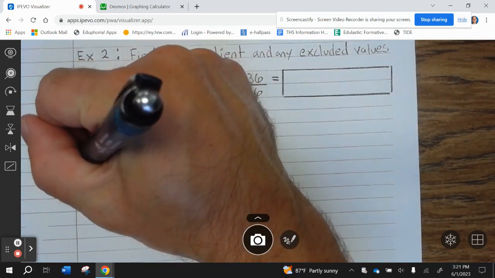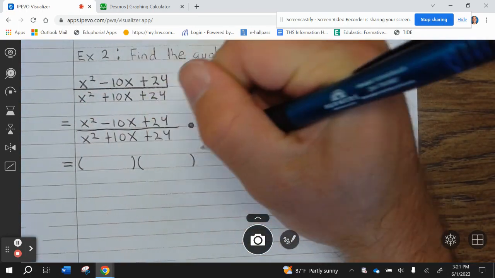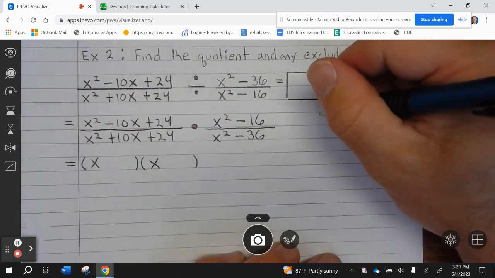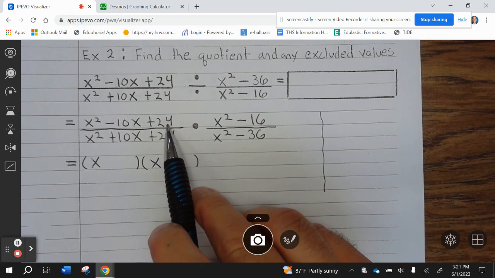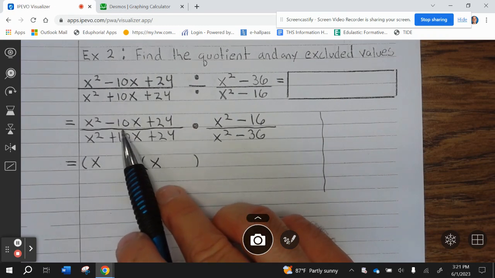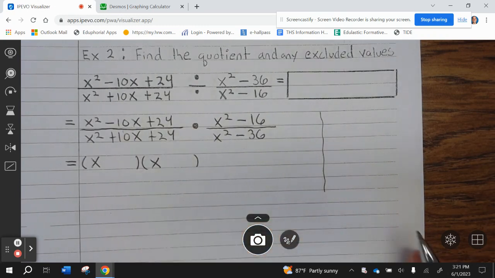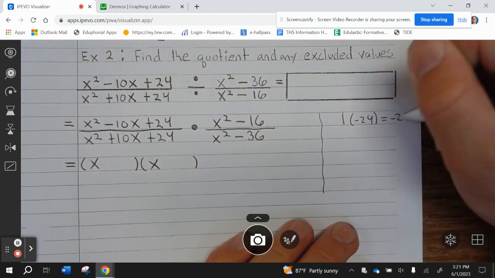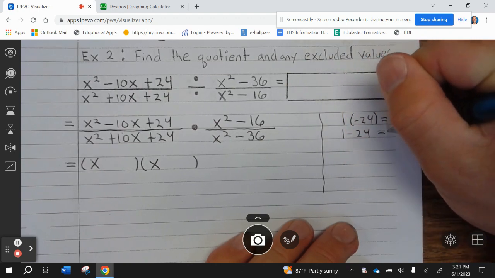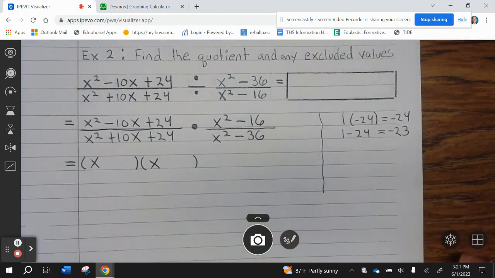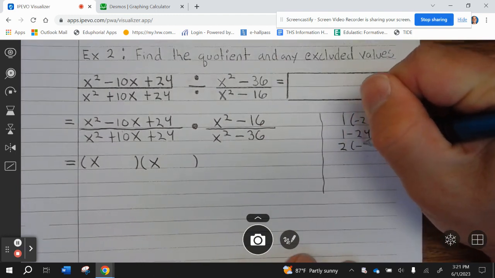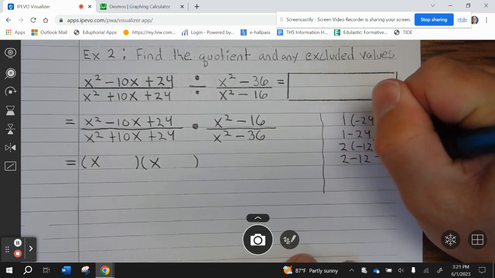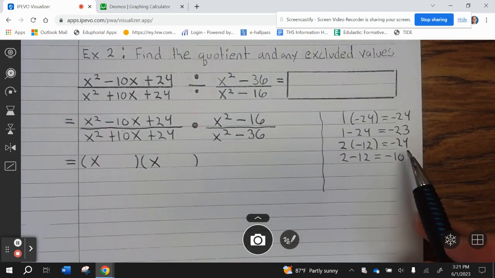So, two parentheses, x and x makes x squared. Now we need to figure out what numbers multiply to give you 24 and combine to be negative 10. Since the middle number is negative, the bigger number is negative, okay? So 1 times negative 24 is negative 24. 1 minus 24 is negative 23. That doesn't work. 2 times negative 12 is negative 24. 2 minus 12 is negative 10. We have our